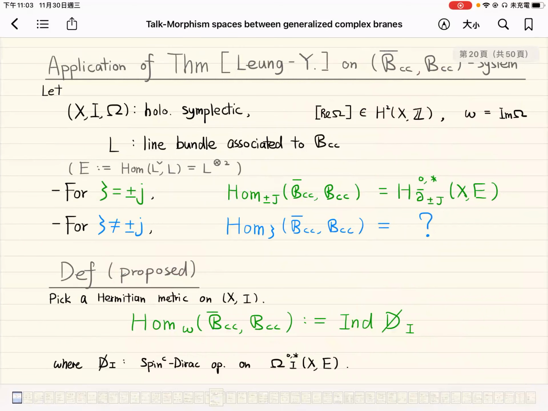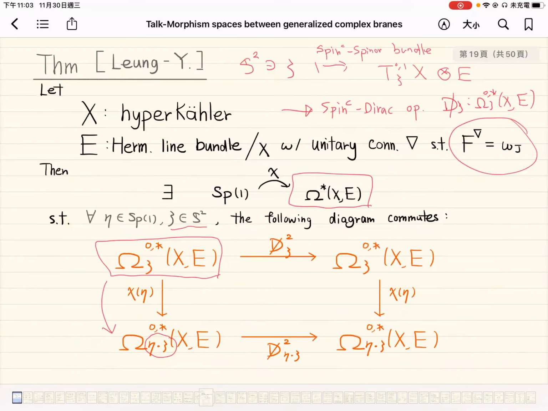So the first application of our theorem is that, first of all, it gives you. Wait a second. Could you go back actually? Okay, so somehow I just want to make sure that I'm understanding this correctly. Could you go back to the previous slide?